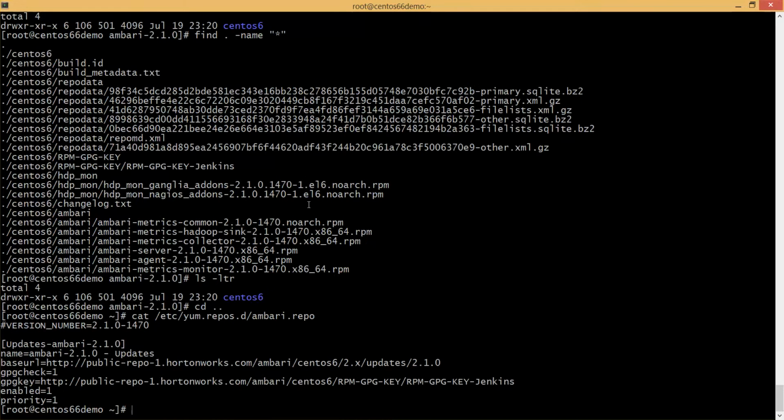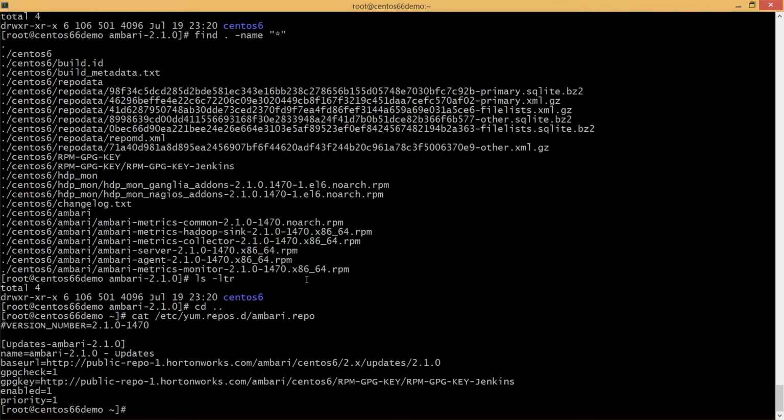Let's see the contents of it. So here it is using the HTTP protocol and trying to connect to this location. Now what we have to do is instead of using this one, we have to give an appropriate path